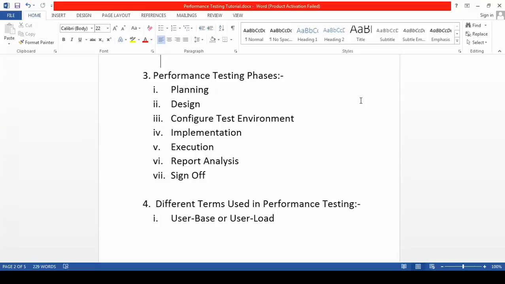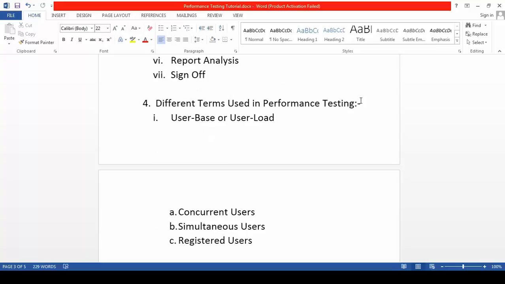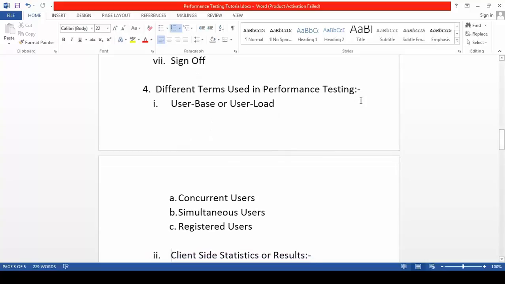Everything. Once you identify the performance issue in your application, raise the defect, and if everything is not okay, give your recommendation to them. So once everything is fine, then the last phase, that is the sign off phase, will be coming. That means that there is no risk from a performance point of view, and if there is any risk, that has already been figured out by the stakeholders. So that was some of the performance testing phases.